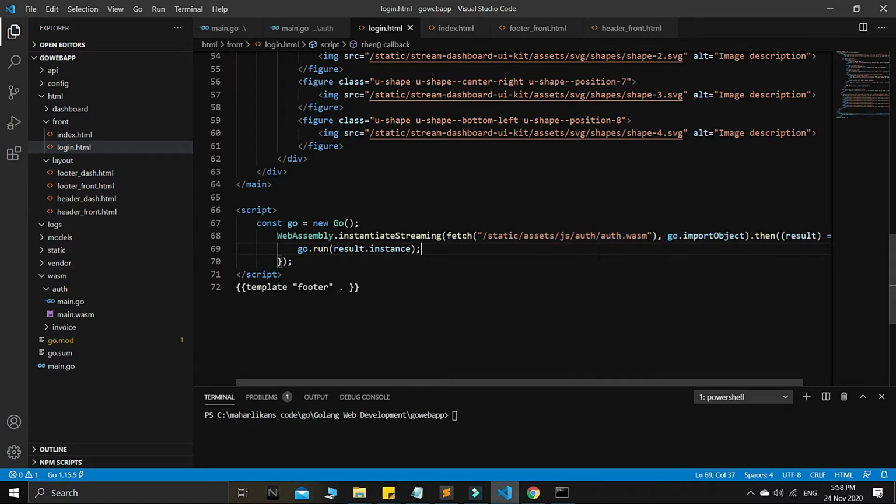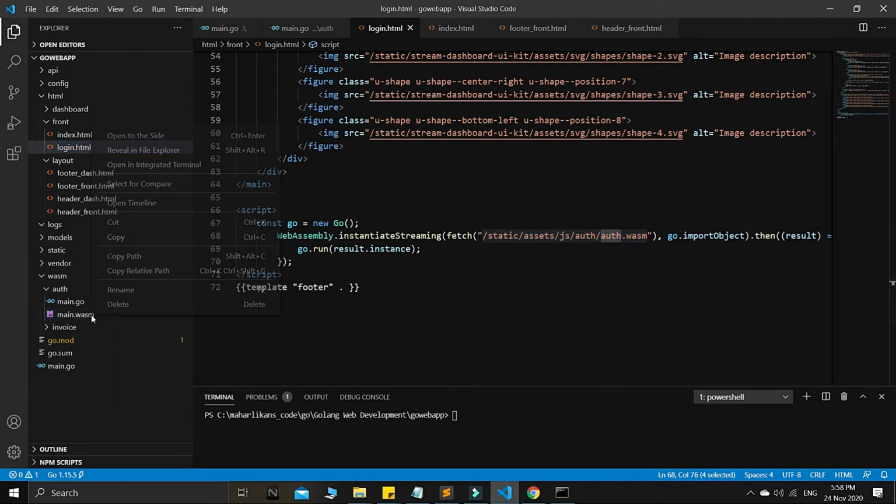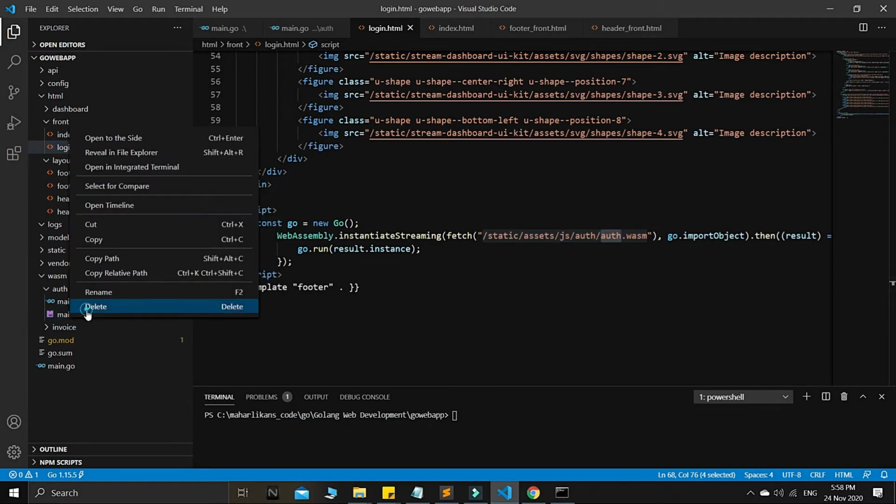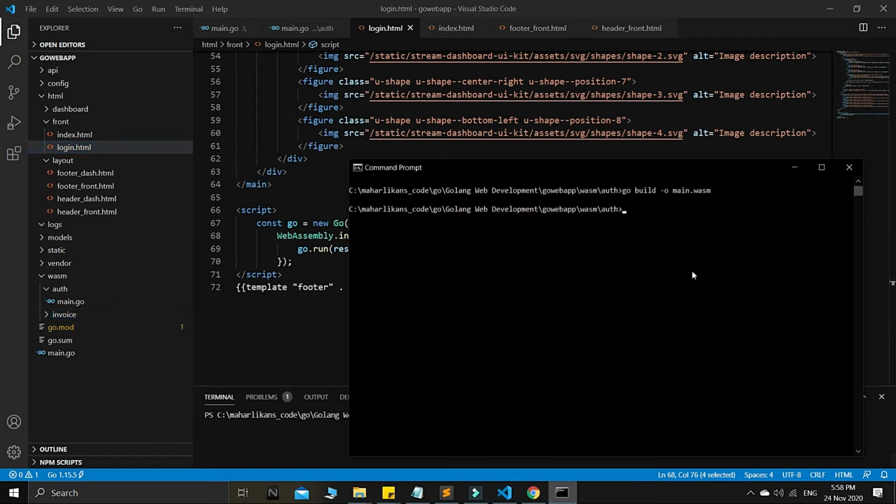We need to group these, like auth. These are all authentication logics, so we can rename it as auth.wasm. I don't want this one, we can just delete this, guys. Okay, so right now